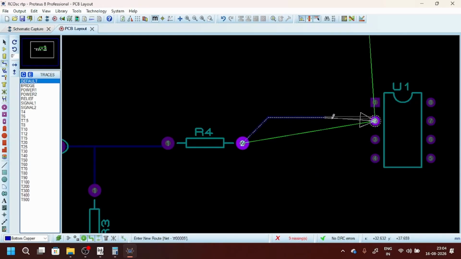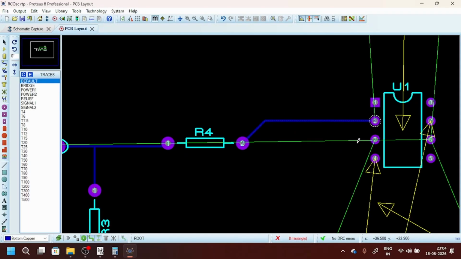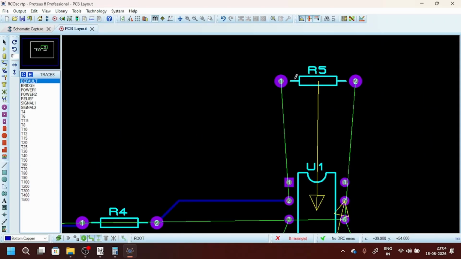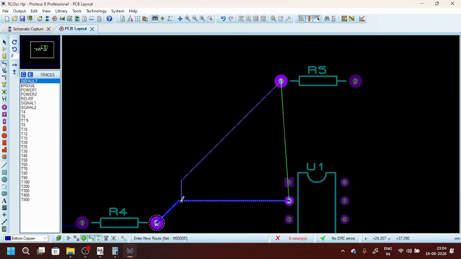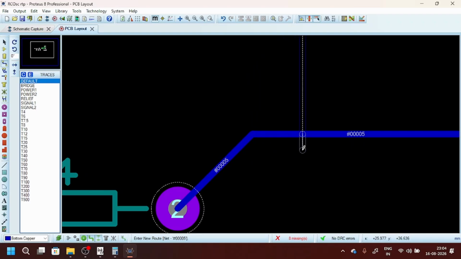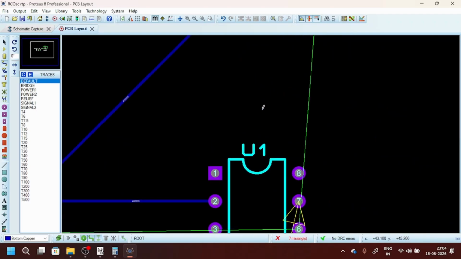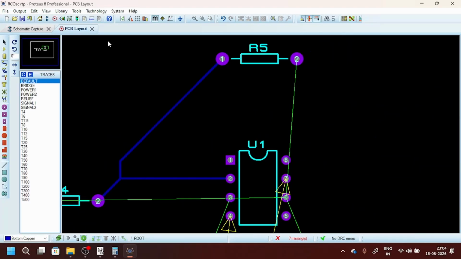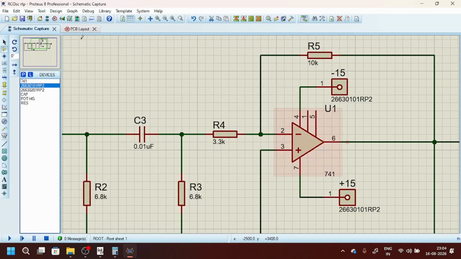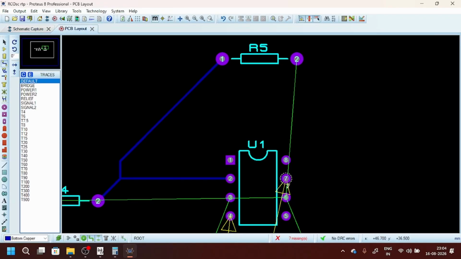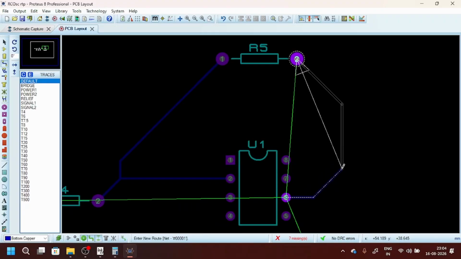So R4 is connected to pin number 2, and this pin number 2 is also connected to the feedback resistor again, and the output is pin number 7, I believe. No, it's pin number 6. So pin number 6